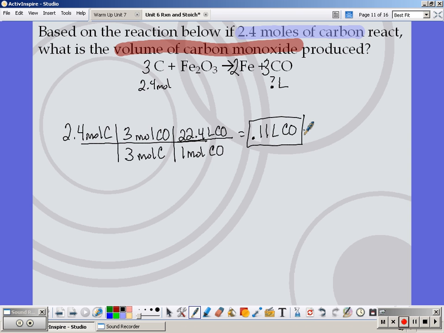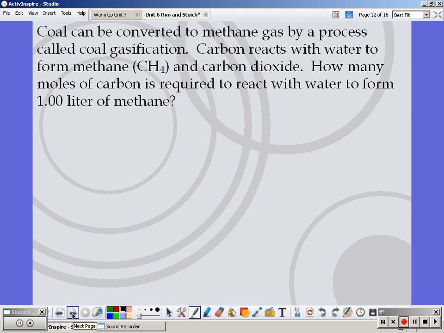So coal can be converted to methane gas by the process called coal gasification. Keep reading and it tells you the reaction. Carbon monoxide reacts with water, so there's my plus, to form would be my arrow, and would be another plus. So I have carbon, which is not a diatomic, plus water to form as my arrow, methane, CH4, and carbon